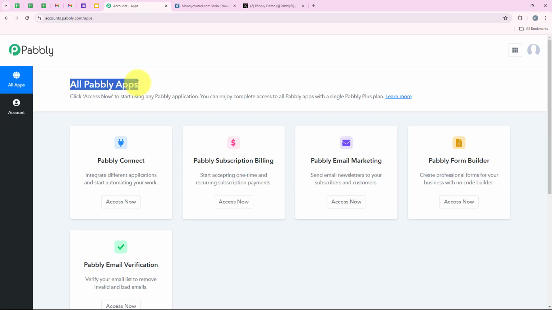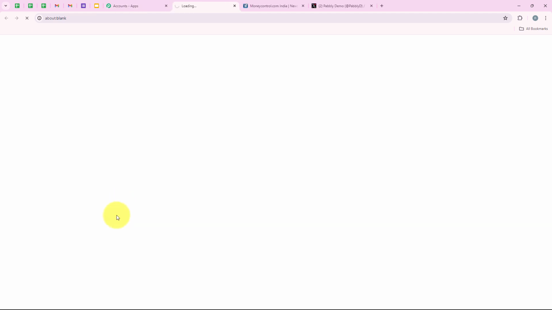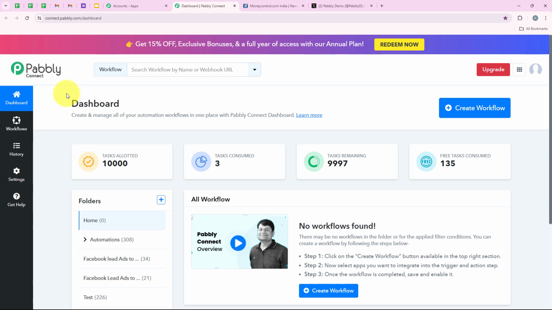And now it is opening all Pabbly apps. Over here you can see all the tools and applications offered by Pabbly. But in today's video we are going to use Pabbly Connect because we are connecting different applications. So I'm going to click on access now right over here. And now it is opening my dashboard, and to start with the automation we are going to click on this